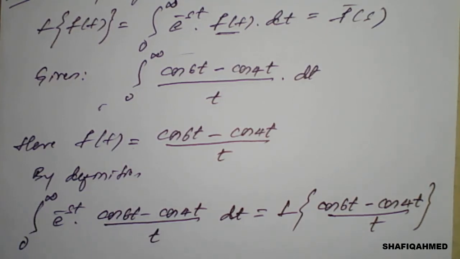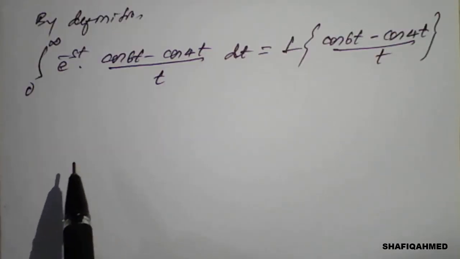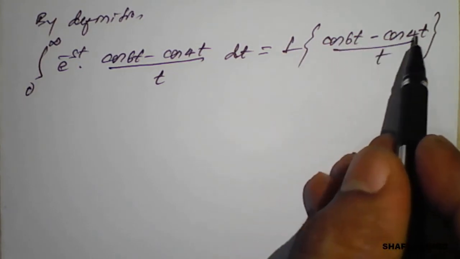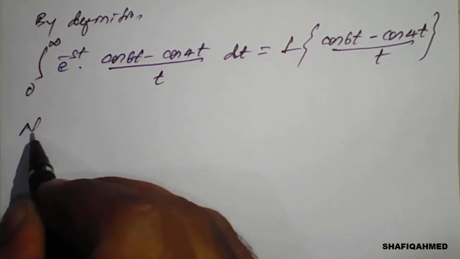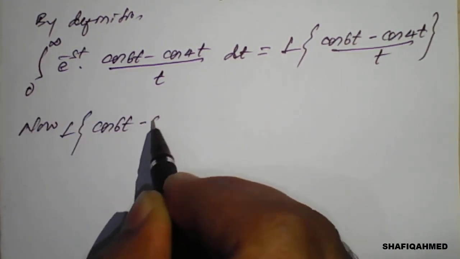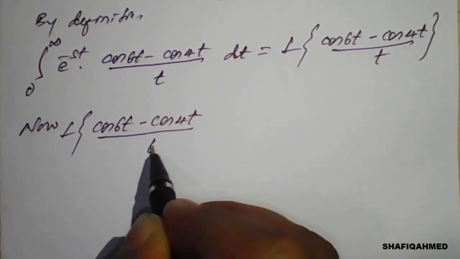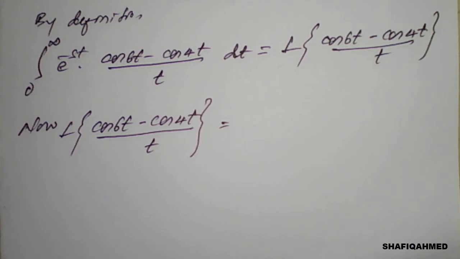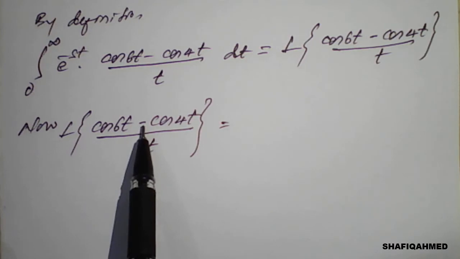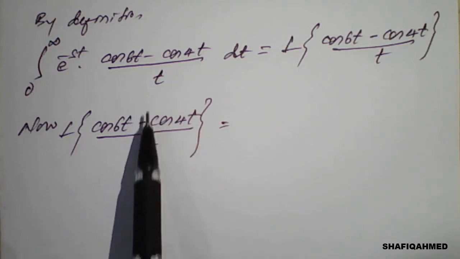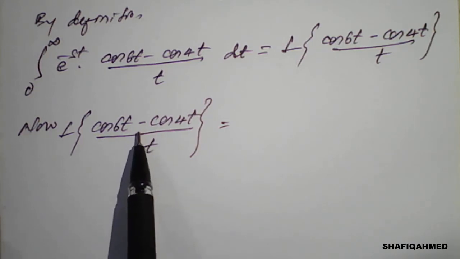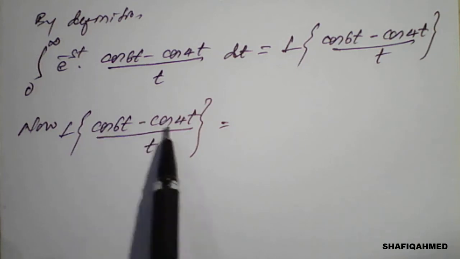Okay, let's see the detail now. We'll take L of (cos 6t minus cos 4t) upon t. Laplace of (cos of 6t minus cos of 4t) divided by t is nothing but, we need to apply Laplace of cos 6t minus Laplace of cos 4t. Then because of 1 by t, we need to apply property number 3. So we'll go step by step. See here, I will write this step directly.